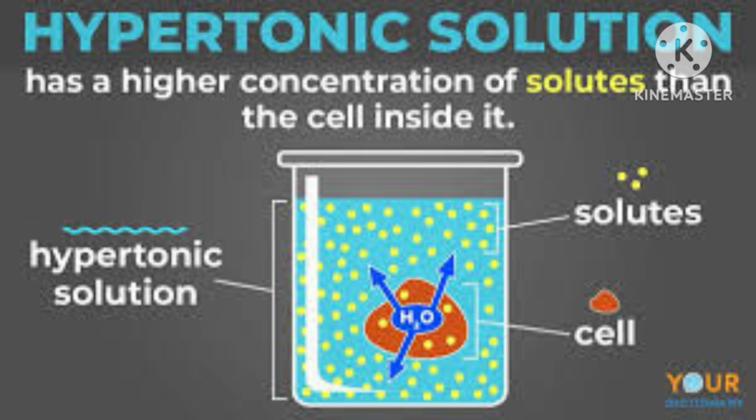I am telling you that 0.9% means its vapor pressure is equal to the fluid inside the blood cell. And if we place the cells in a solution containing more than 0.9% NaCl, mass by volume, more than 0.9%, and